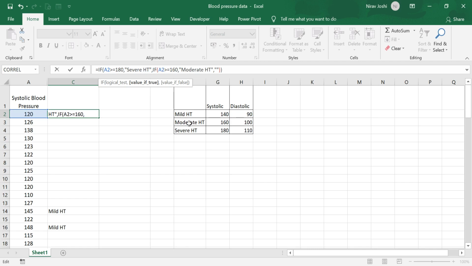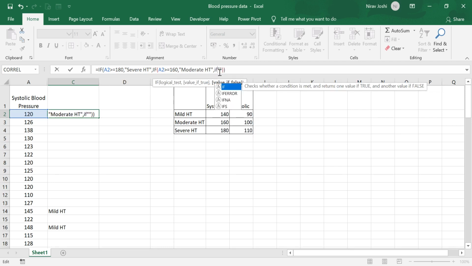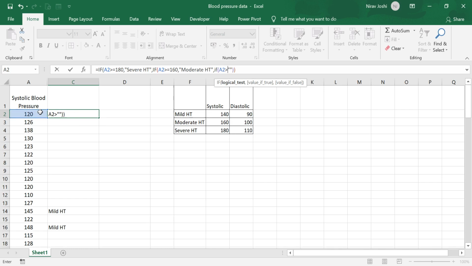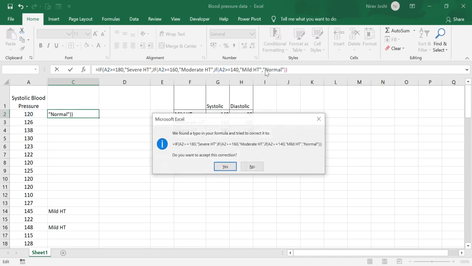Then we go to the next, if it is more than or equal to 160, it should be moderate hypertension. Again we need to nest another formula for mild hypertension, that if this value is more than or equal to 140, then we want it as mild hypertension, else it will be left as blank, or we can have normal. And I press enter.